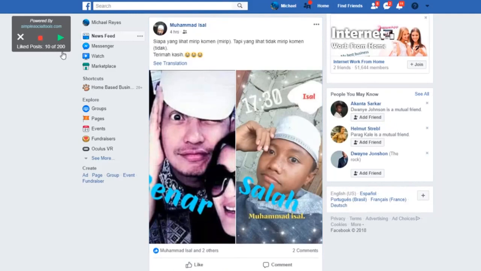Now there's two quick notes with the like content feature before we move on to the next feature. Number one is that this is best used on your personal newsfeed, or you can use it in any group. Now, number two is this is the only tool or the only feature that has to have its own